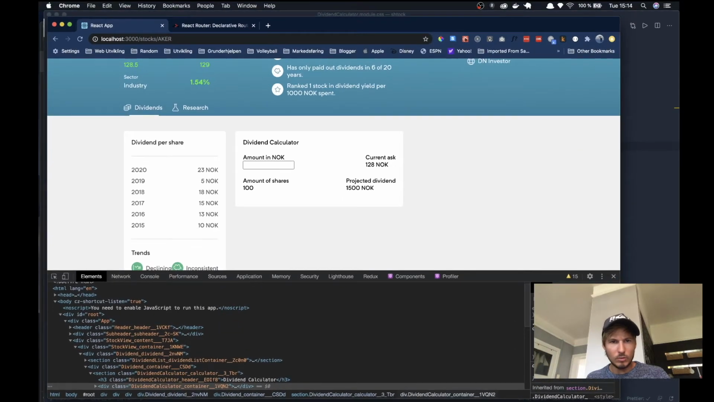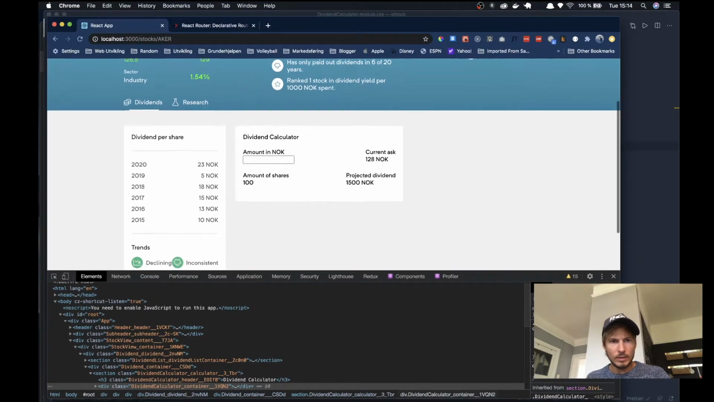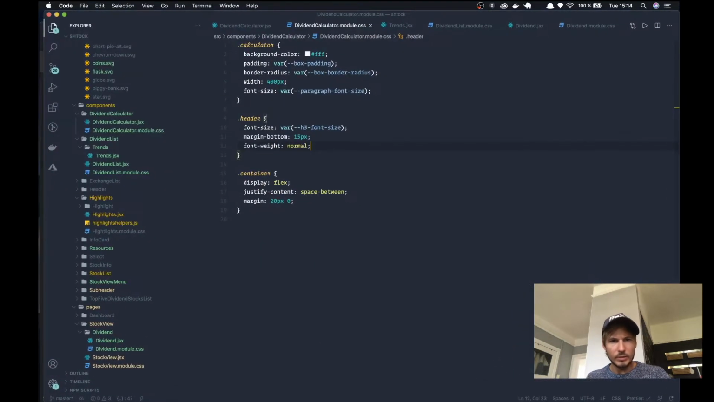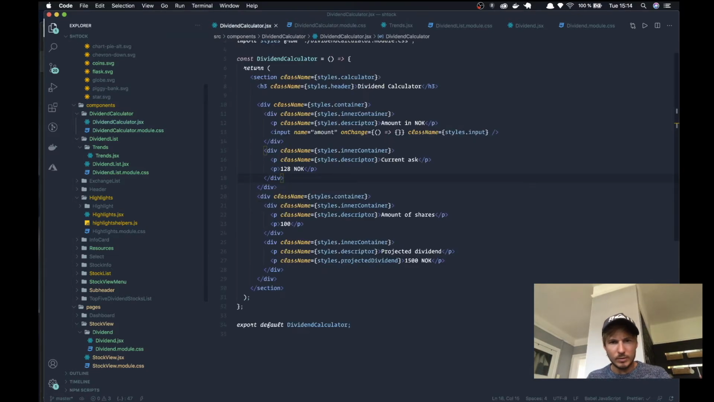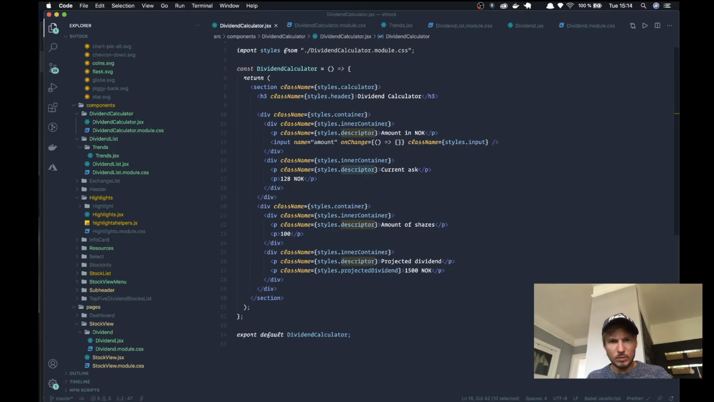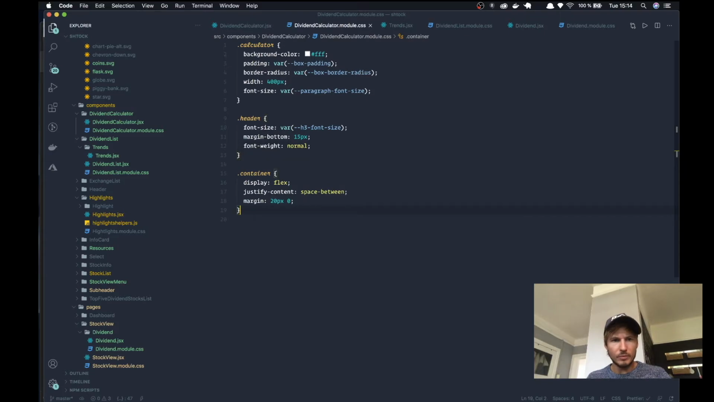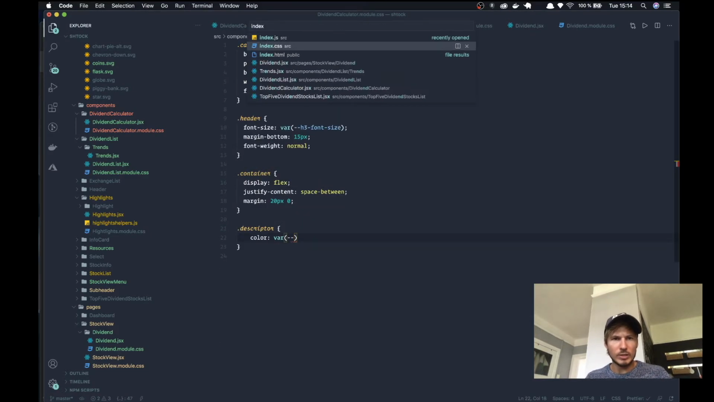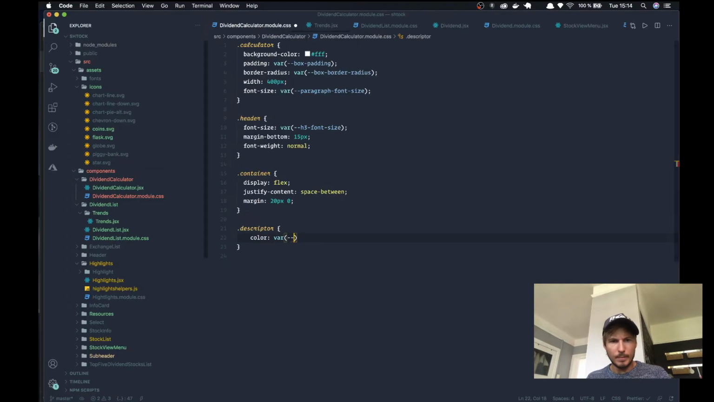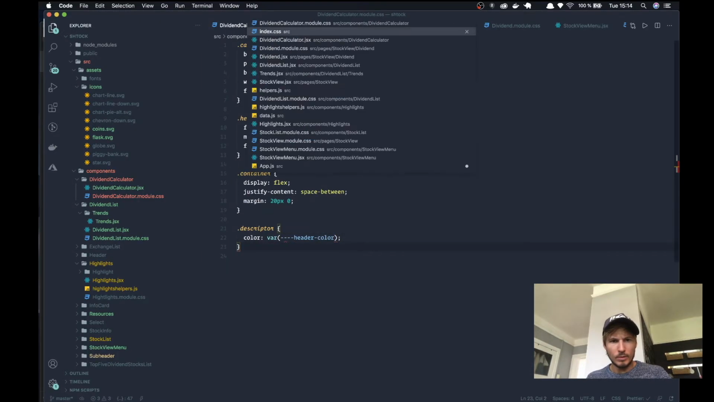Now let's go ahead and go back to our styling, and we'll check out the descriptors, which we are going to give a color of var. We'll go to our index file and grab the header color, and then